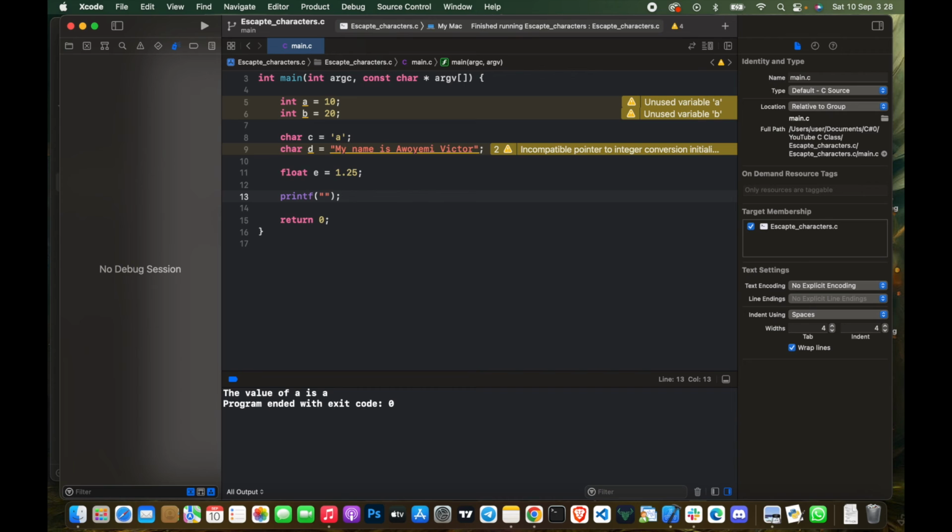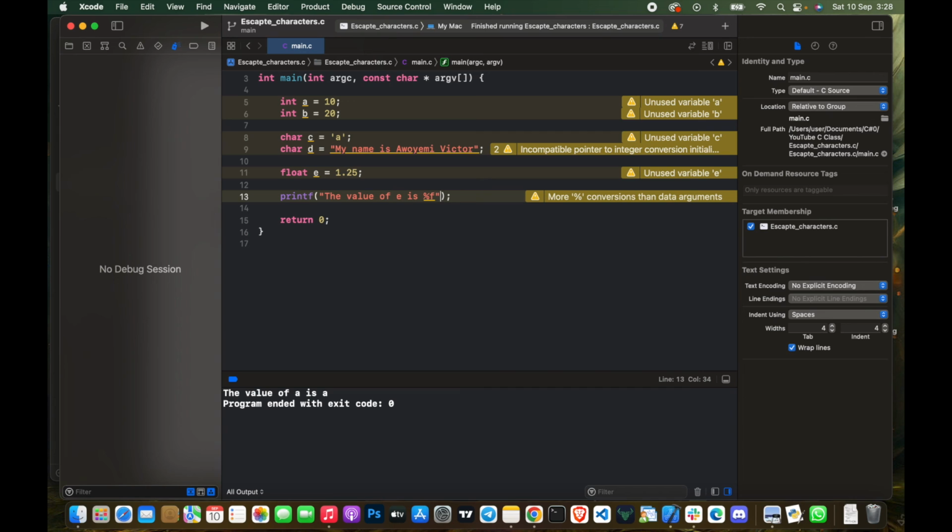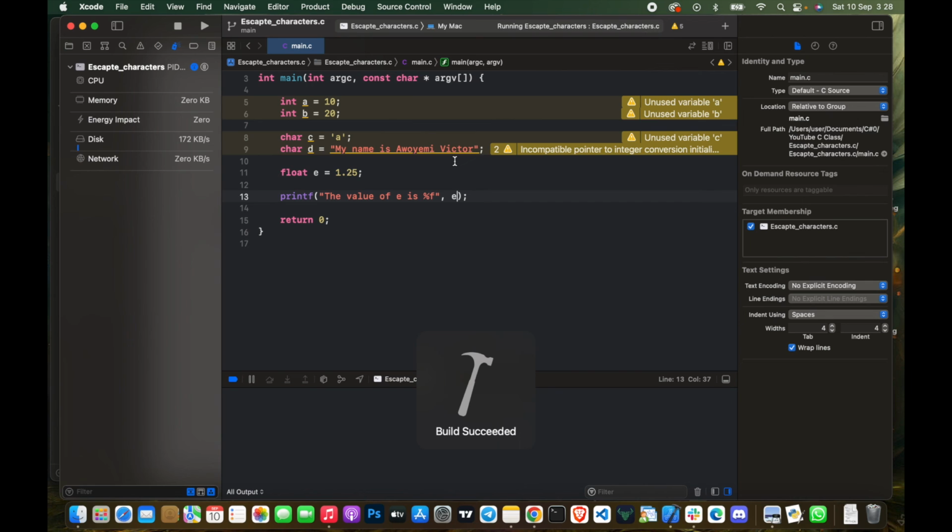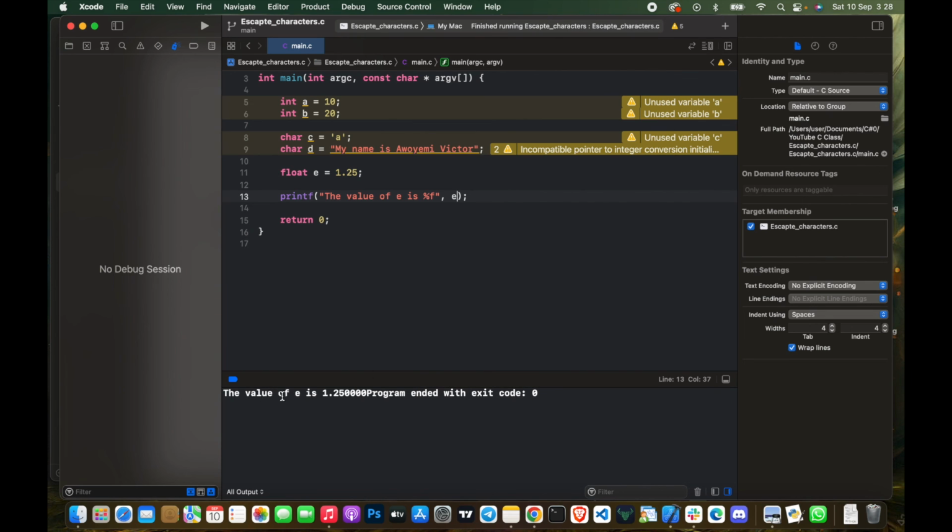So I can write something like the value of e is %f. So %f is the format specifier to print out a floating point number, and then e. So let's try to run this program and check. Now you can see the value of e is